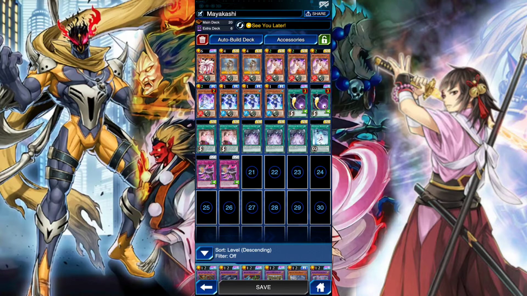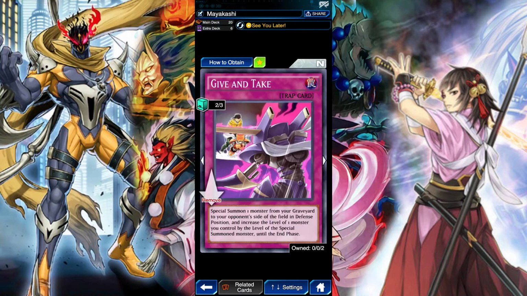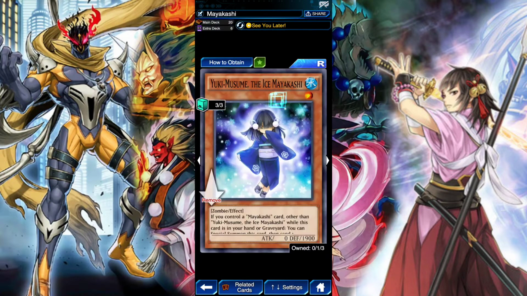A fun card we're playing here is Give and Take. Special summon 1 monster from your graveyard to your opponent's side of the field, and one of your monsters gains a level equal to it. You have to have a monster on your field face up for this to activate, just to keep that in mind. But what it does is that you summon Yuki from your graveyard to their field,